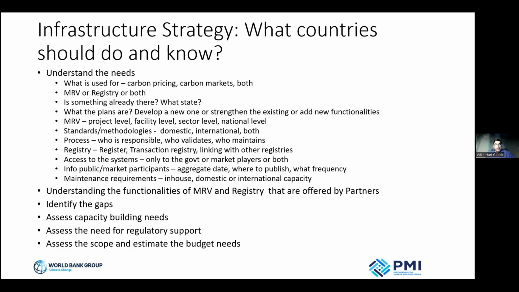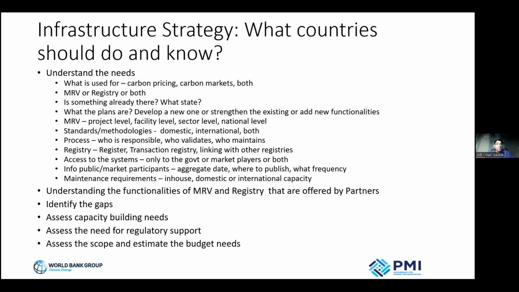Accordingly the scope will be defined, and then the bank customizes this support accordingly. I'm not going to go into all the things that we normally look into, but these are the very standard things like for what purpose this is needed, what the challenges are, and if they have already existing systems, and so on.